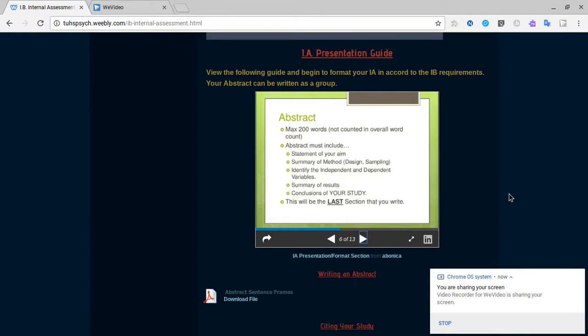The key aspect here is that you have to think about this kind of as a guide to the entire research, but it needs to be short, it needs to be sweet, and it needs to really be focused. The word count cannot go over 200 words, and it won't be counted in the overall word count of the paper. And it must include a statement of your aim, summary of your method, including your design